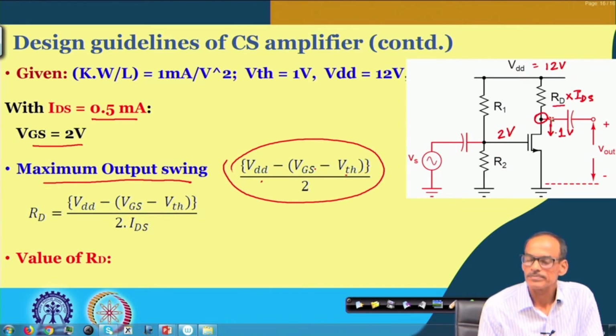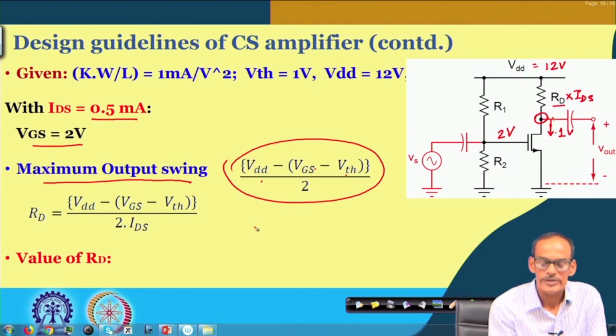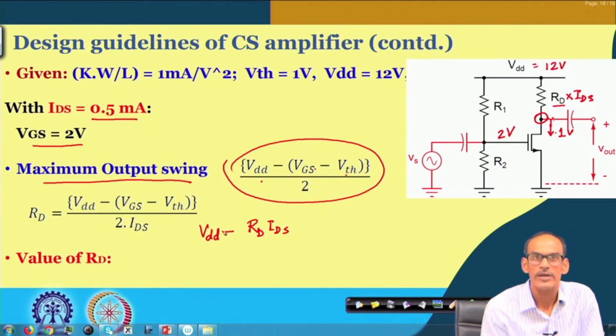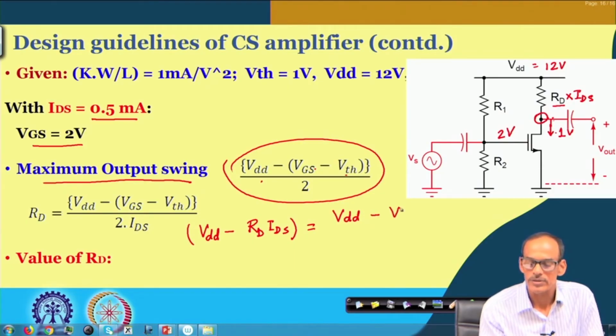In fact, the output quiescent point is VDD minus RD into IDS, and this is what we are targeting to equal the middle of these 2 limits, namely VDD minus VGS minus VTH by 2,